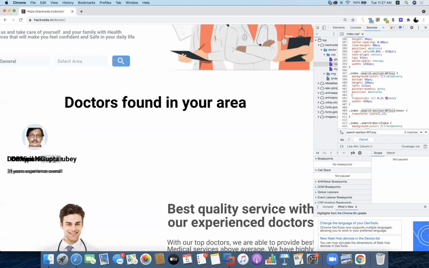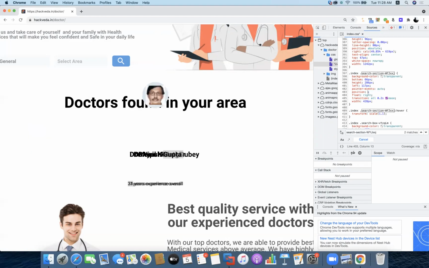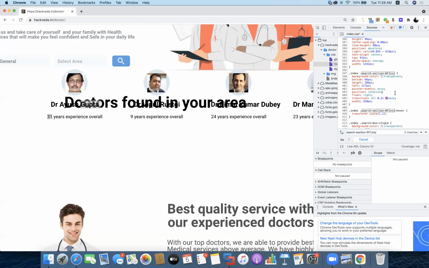So currently what I want to do is arrange it in a horizontal order. So I'm going to make it float, and with the float, I'm going to arrange the contents to the right. So once I arrange the contents to the right, the content must be arranged on the right hand side. But since the position is absolute, with absolute, the X and Y coordinates are fixed. So what are we going to do? We are going to make the content displayed in a relative manner with respect to the contents in order. So I will change this position from absolute to relative. Once I make it relative, you can see that now the content has been arranged in the horizontal order,